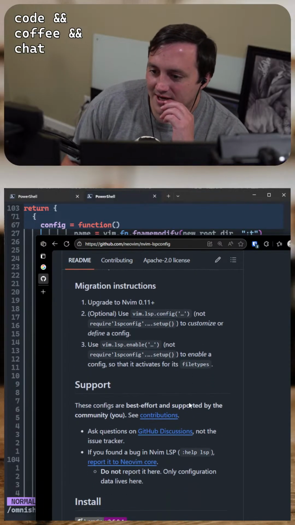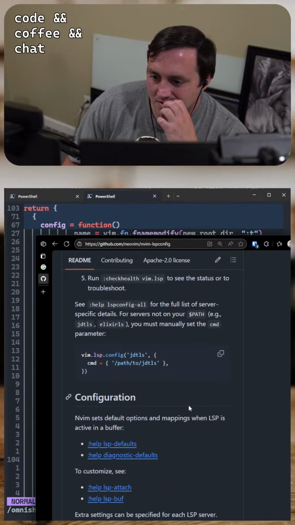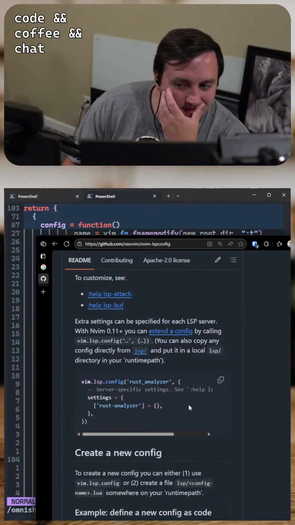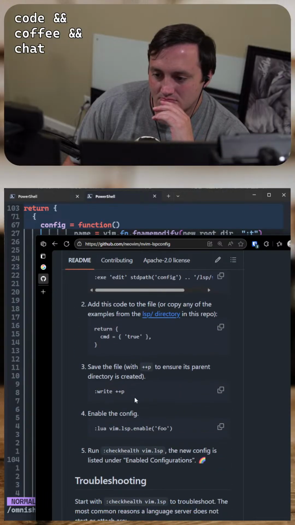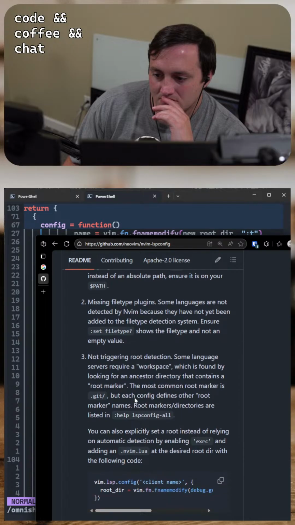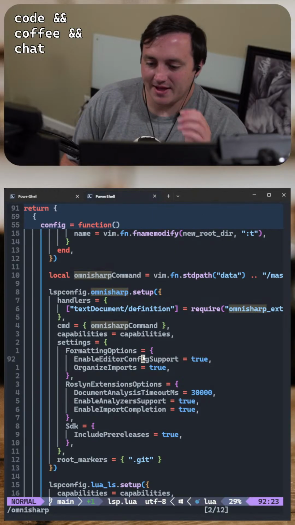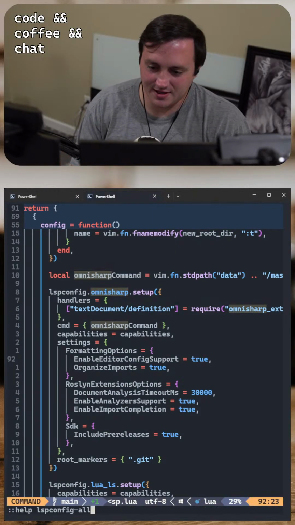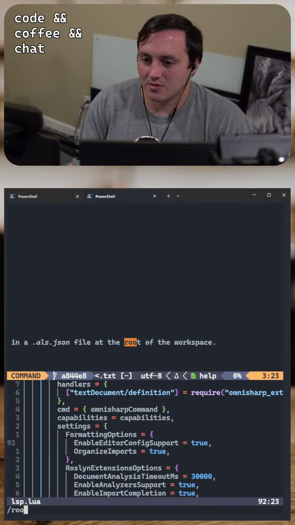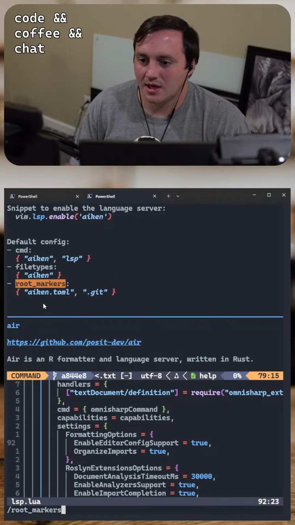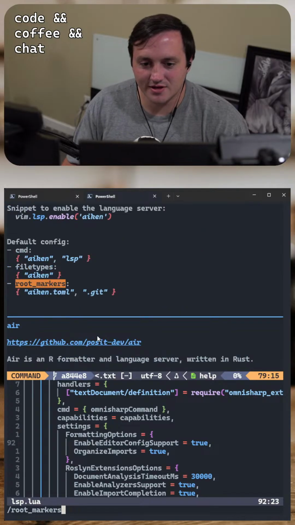This is actually going through a migration right now at this point, so help LSP all. I might switch over to VS Code because I think NeoVim is just going to get us sidetracked as we try to figure this out.